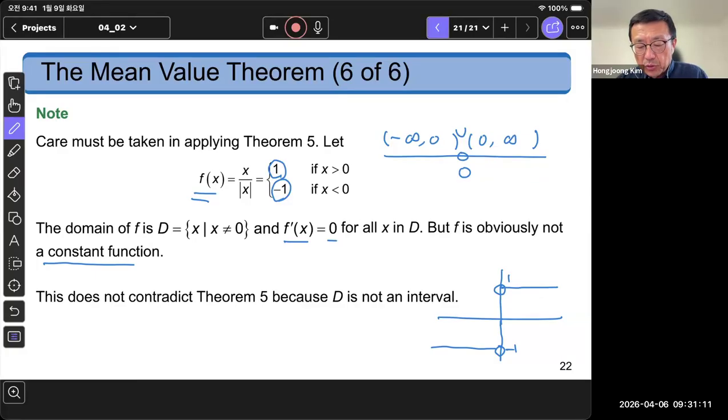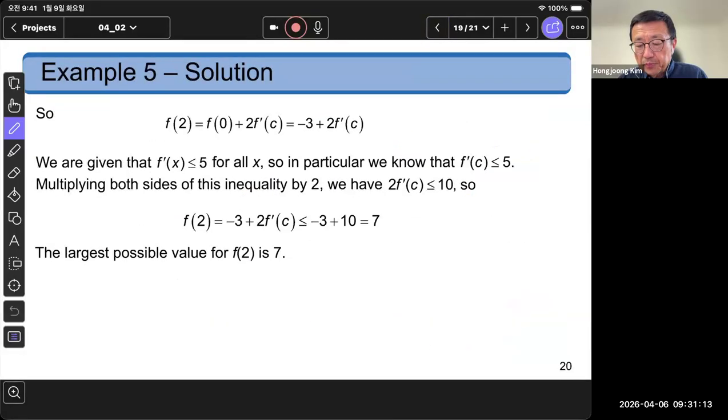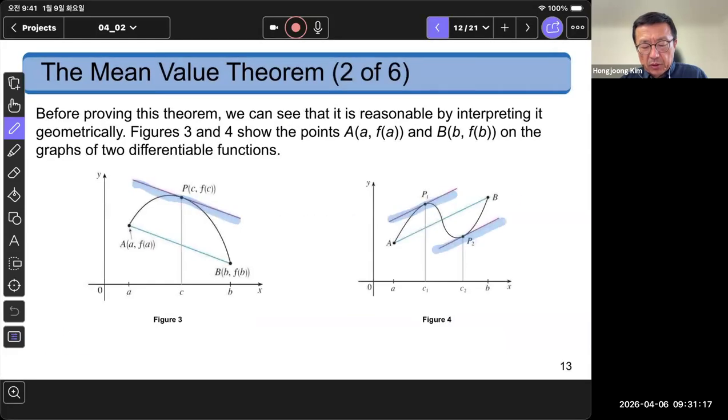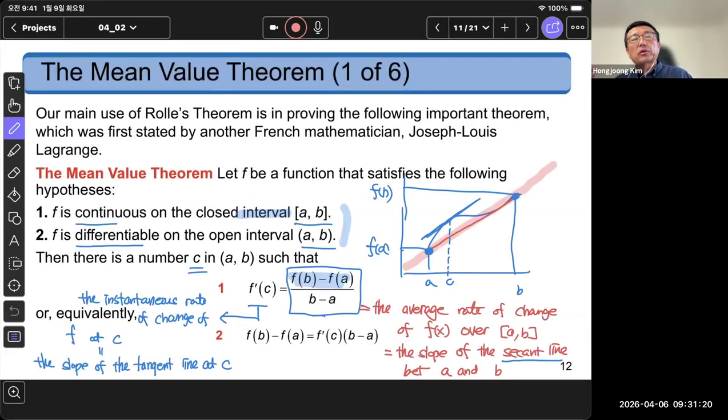So let me go back to the mean value theorem. The mean value theorem, which is a generalized version of Rolle's theorem, says that if you have a function which is continuous on the closed interval between a and b, and that function is differentiable between a and b, of course, when I consider the differentiability, the endpoints are excluded,